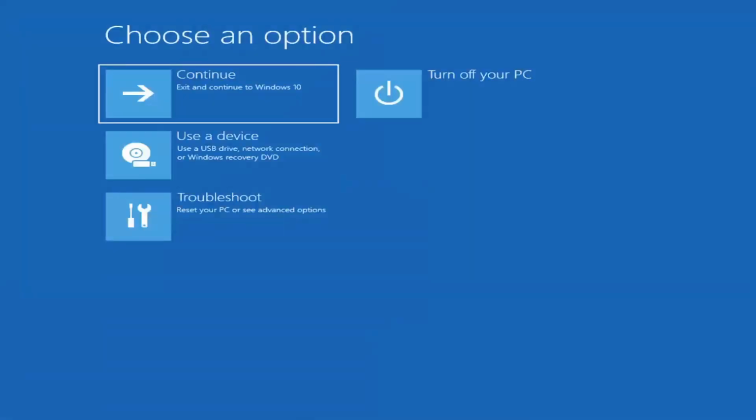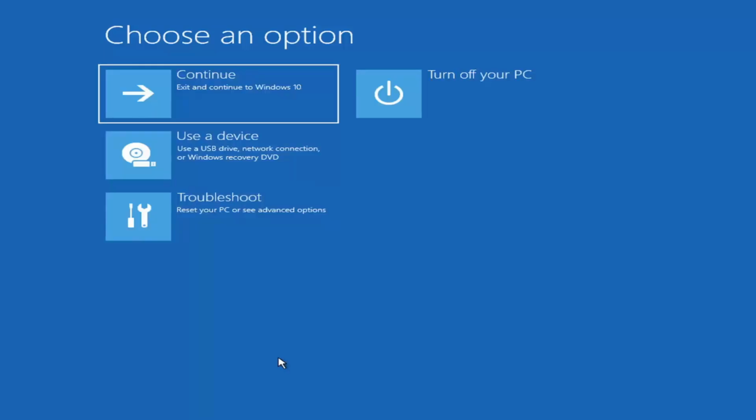So first thing I'd recommend doing would be to boot to the troubleshooting utility on Windows 11. If you do a hard power off 3 times in a row, Windows should automatically attempt to launch the startup repair utility. And if it doesn't find anything, it will give you the option to select advanced options, in which case it would take you to a screen that looks like this. Now, if it does not take you to a screen that looks like this, or you're unable to get to that,